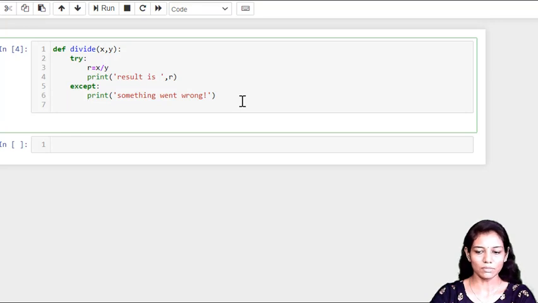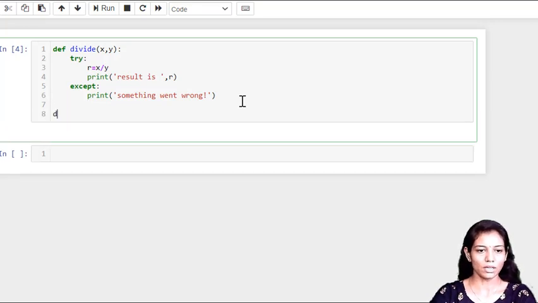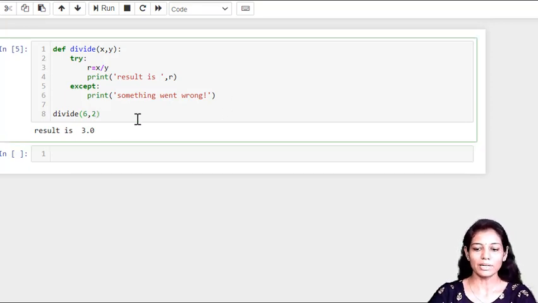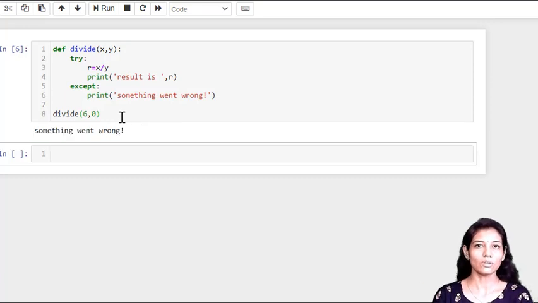Now in order to call the function, first of all I'll use proper values, that is 6 and 2, so that my function will not generate any exception. It has done 6 divided by 2, which is proper, but now deliberately if I make it 0, so that it will try to do 6 divided by 0, it should throw some error. It is not actually terminating my program, but it is giving me the proper message which I have kept over here.